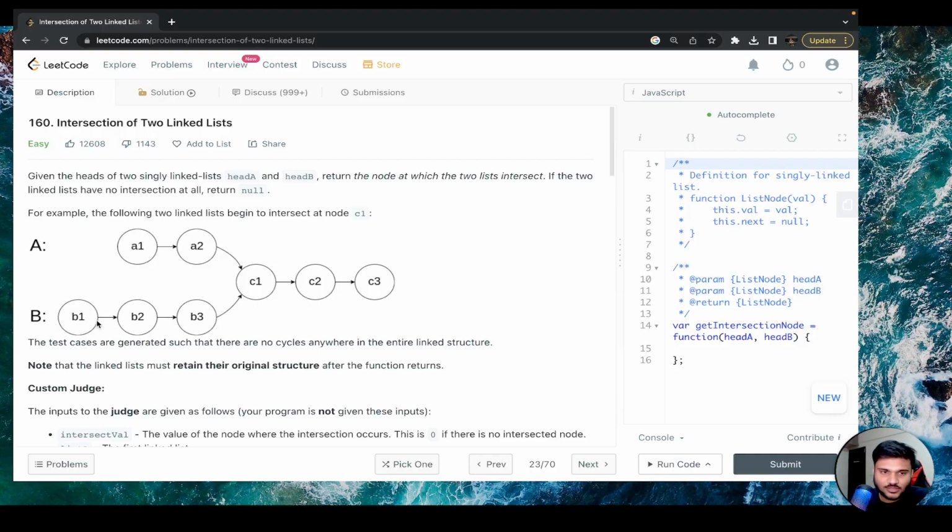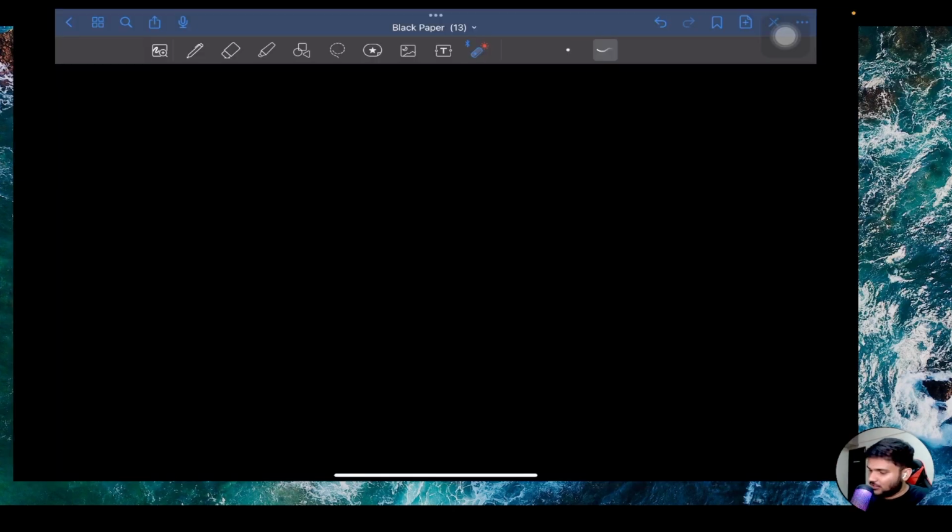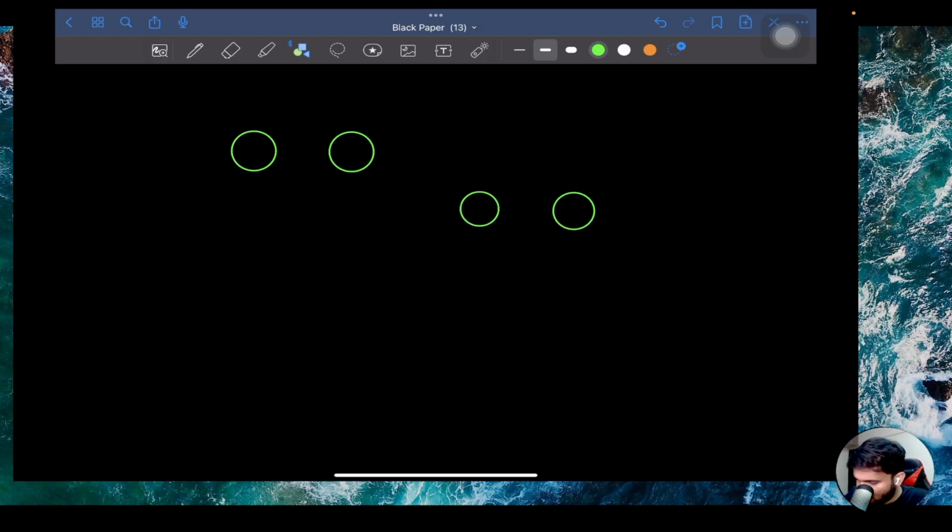So now, let's say you have a linked list like this and a linked list like this.